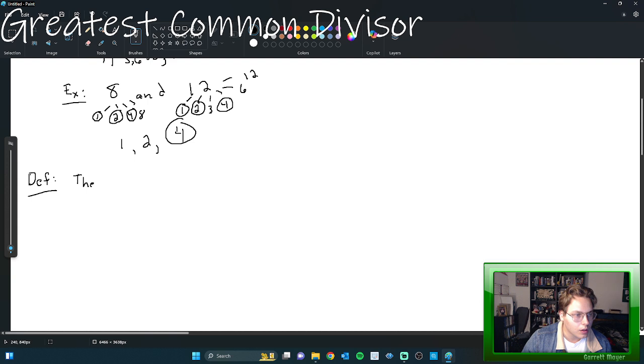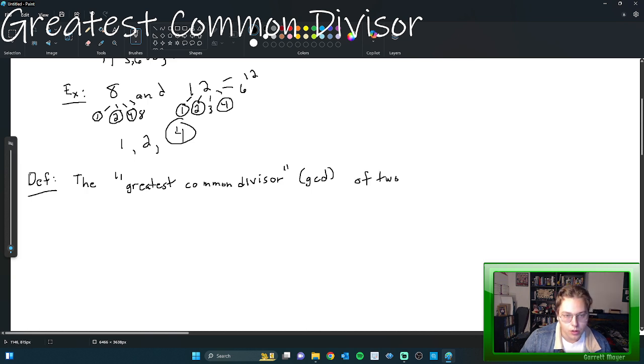The greatest common divisor, or the GCD, of two integers A and B